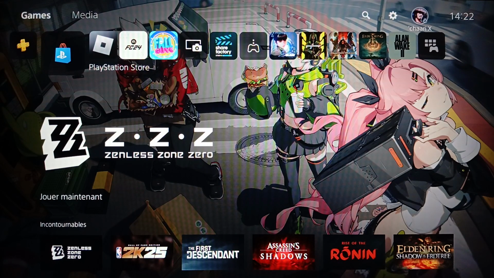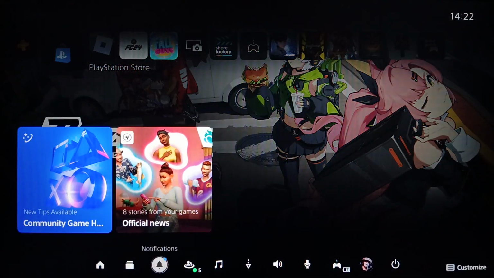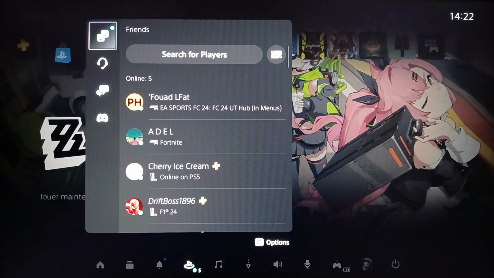So right now, if you want to ban someone on the PlayStation 5, you need to report the player. So if you want to do that, first of all, go ahead and click on the PS button. Right here, as you can see guys, you're gonna find the home section, switchers, notification, game base, music, and so on. Go ahead and click on the game base, and then once you do that, right here you're gonna find